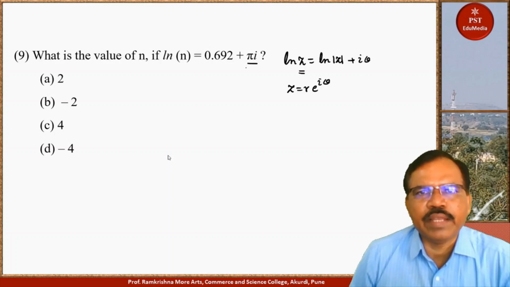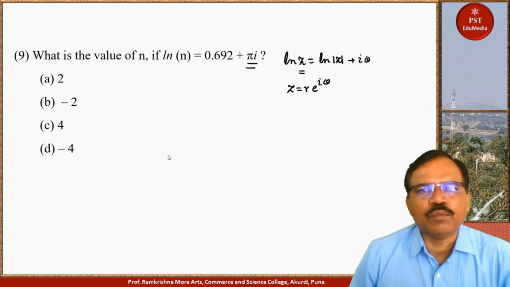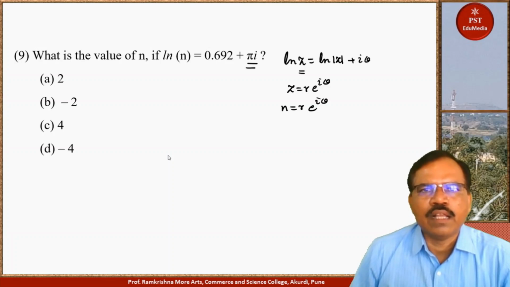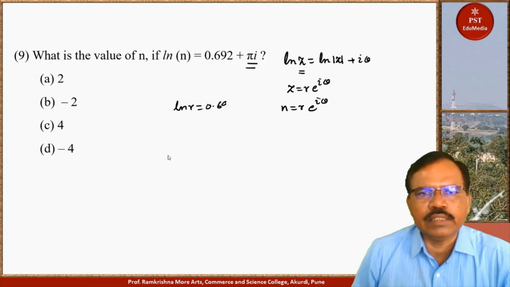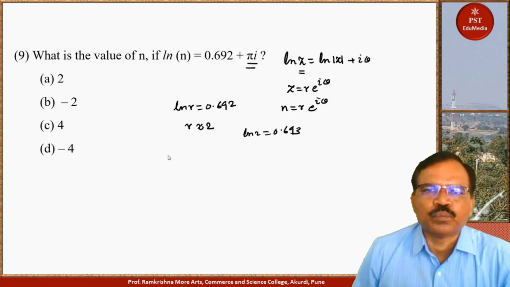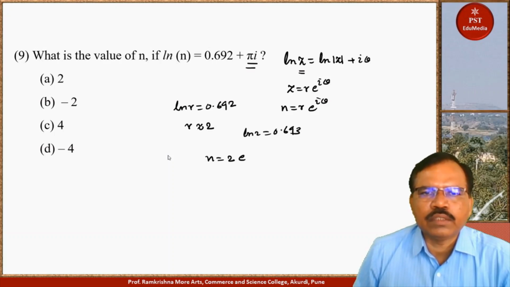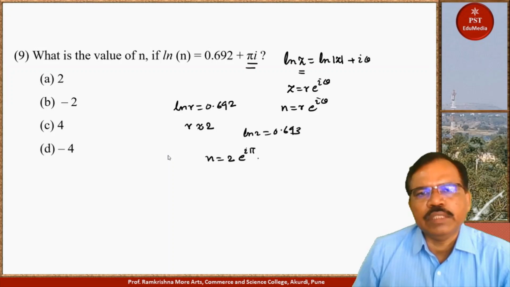Now if we compare here, suppose z is n, so n is equal to r e raised to i theta. Now log r is given, that is 0.692. So r is approximately equal to 2 because log 2 is 0.693. So here n is equal to 2 e raised to i pi,